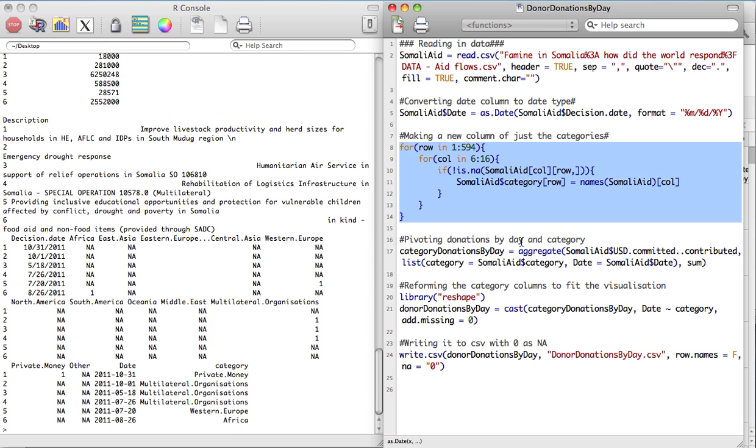So to do a pivot table in R, we use the function aggregate. And I'm giving it a new name just so that I can take a look at it and then manipulate that. In that sense, I'm not manipulating the original. It's not changing, I'm not overwriting anything. So I'm aggregating the sum, which is at the end here, of the US dollars committed / contributed by the category, which I've made, and by the date, which I've made. So if I do that,